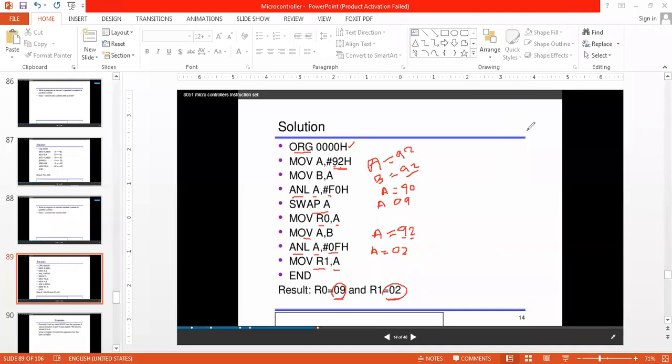Only 1 minute is remaining. The next program, the lookup table, we will see in the next class.